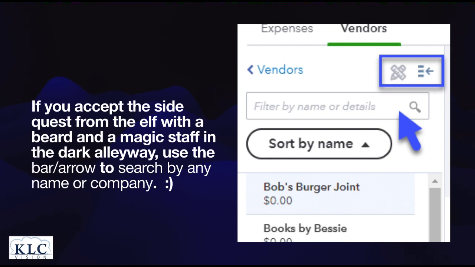If you accept the side quest from the elf with a beard and a magic staff in the dark alleyway,